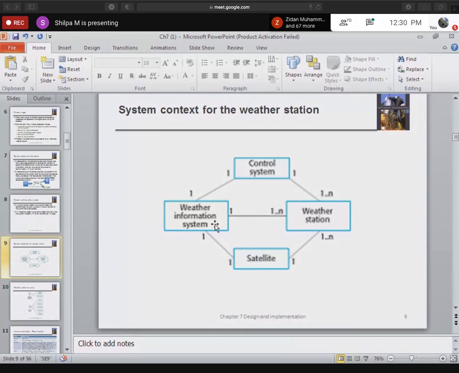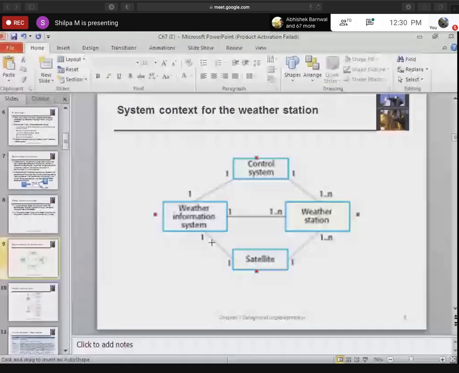So these are the components which are available for that weather station, and the links give the association between these weather station components. This gives the type of association. I've already taught you the types of associations. Okay, can someone say what this means, where the weather information system says one and the satellite says one? That is here.